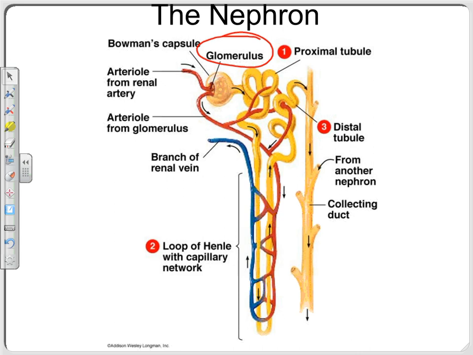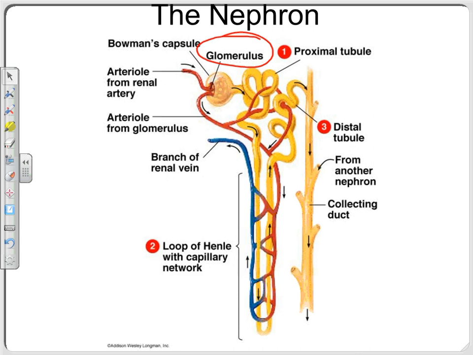A lot of that stuff that got filtered out of the blood is stuff you don't want to get rid of. Water. Nutrients like glucose, amino acids. Some things got filtered out of the blood that you want to keep. So in tubular reabsorption, those things get absorbed out of the tube back into where? The blood vessels, which are around it. Most of the water comes back out of that tube by what process? Osmosis. It just moves through the wall of the tube, through the wall of the blood vessels, back into the blood. So most of the water gets reabsorbed by osmosis.